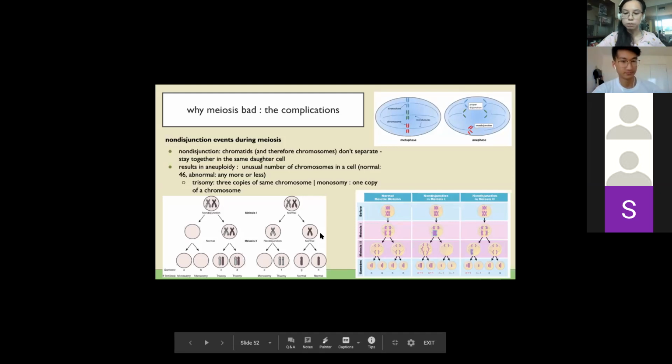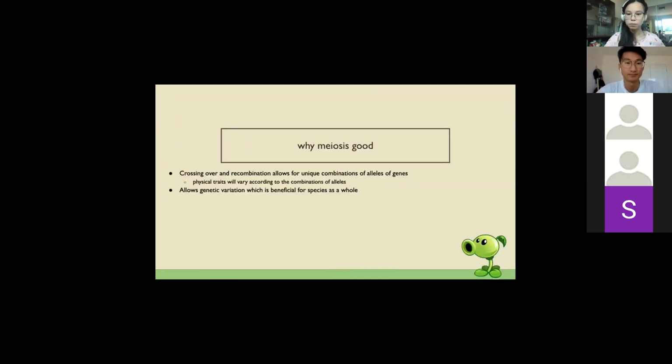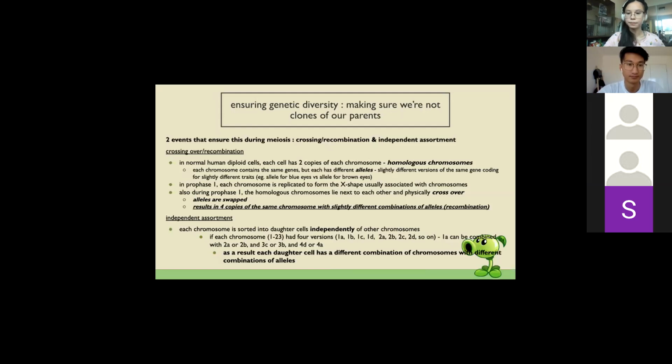So in terms of that genetic variation, there's 3 ways. You mentioned crossing over and independent assortment. There's also one more, and that's called random fertilization. If you think about it, the eggs and sperm each have 8 million different possibilities, so there's basically 64 trillion possible diploid combinations. That's the 3rd way. The end result is that there's a lot of different combinations of alleles that can occur.